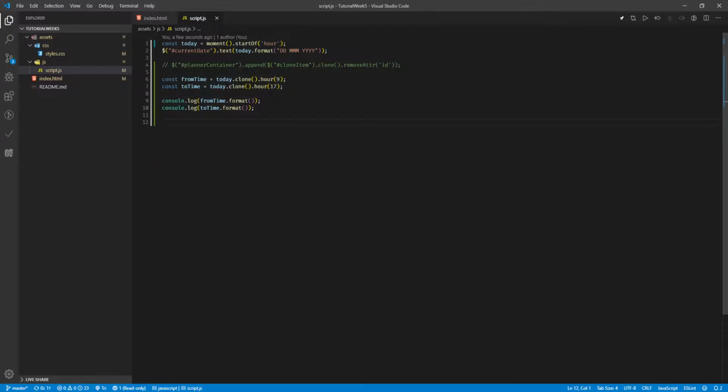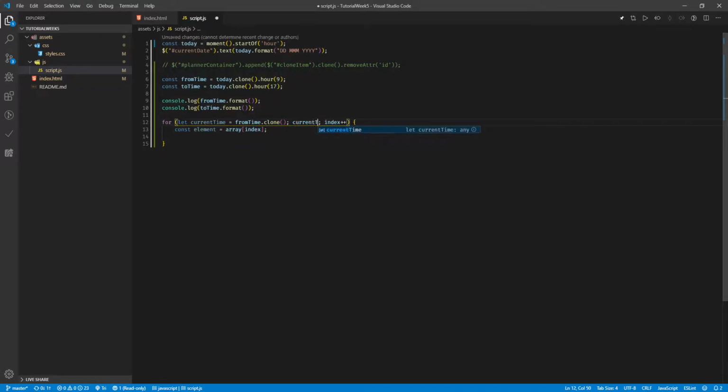Right, so we have a time, right? So now what we need to do is loop through them. So what do we do for a loop? A simple one, a for loop, right? So we have a for loop. And we're going to have current time here equal to from time clone. Right, in the for loop, if you run a for loop through a moment object, be sure to always clone the from and the to check, because if you don't, then it will be messing around with your loop. Right, so current time clone, right, and our condition, instead of less than this, we're going to say